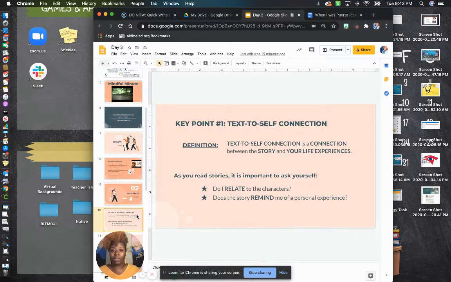The first key point is text to self connection. When we read, it is important to ask ourselves, do I relate to the characters in this story? Does the story remind me of a personal experience? When we ask ourselves those questions, that is making a text to self connection. A text to self connection is a connection between the story and your life experiences.